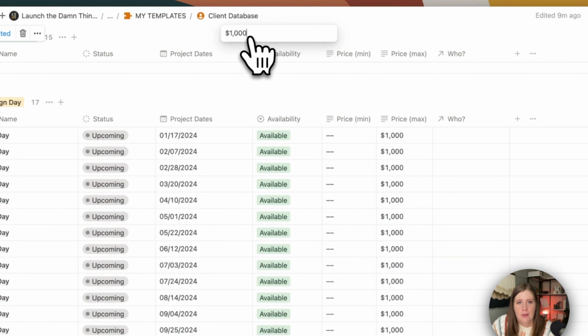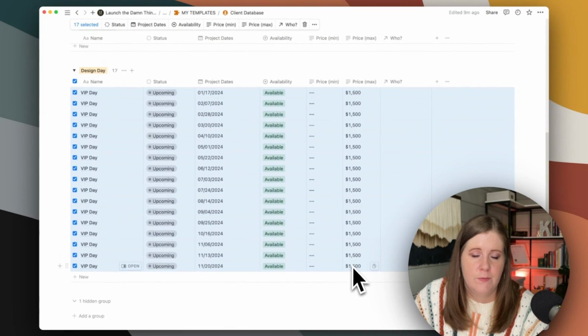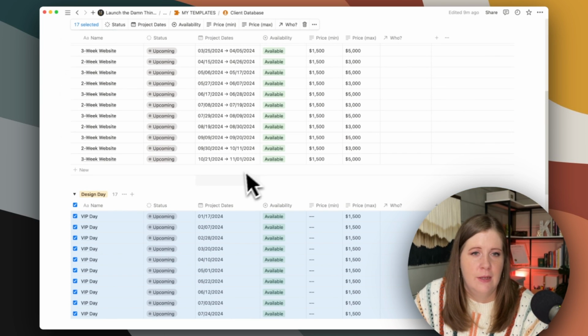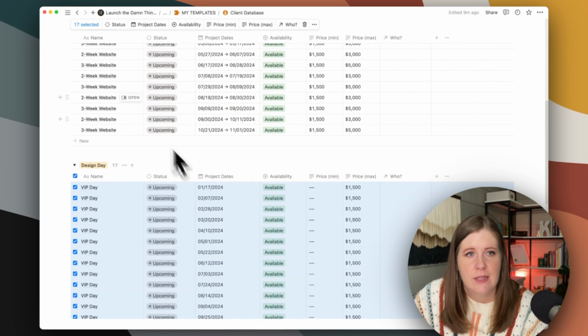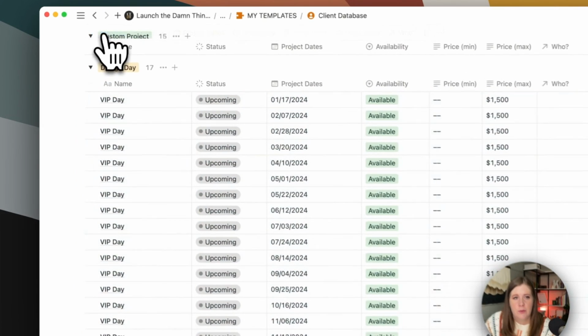And then you can set the price max to, for example, $1,500 if you need to go up, or $800 if you need to go down. That's just example numbers. When you do that, it will update the value in every field, but only in that section, not in these. So you can bulk edit really easily that way. To deselect, the easiest thing to do is just click that multitask toolbar thing in blue and it will